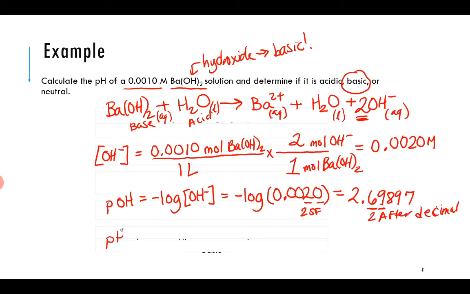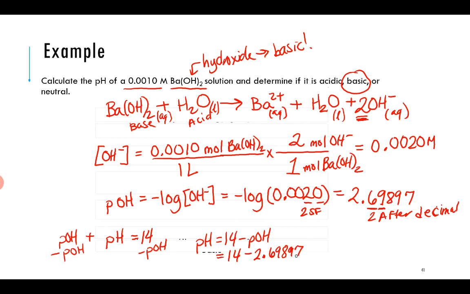We are asked to find pH. pOH plus pH is equal to 14. So I need to subtract pOH from both sides. And so pH will be equal to 14 minus my pOH. And so that is 14 minus 2.69897, which is